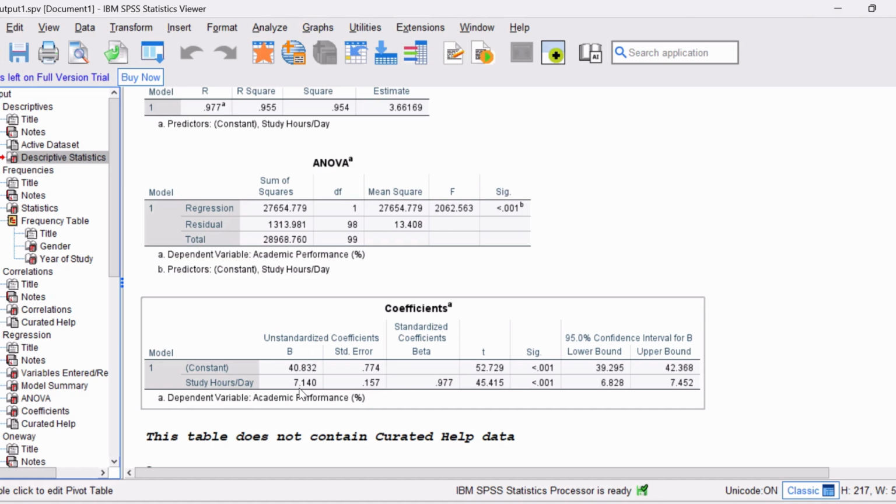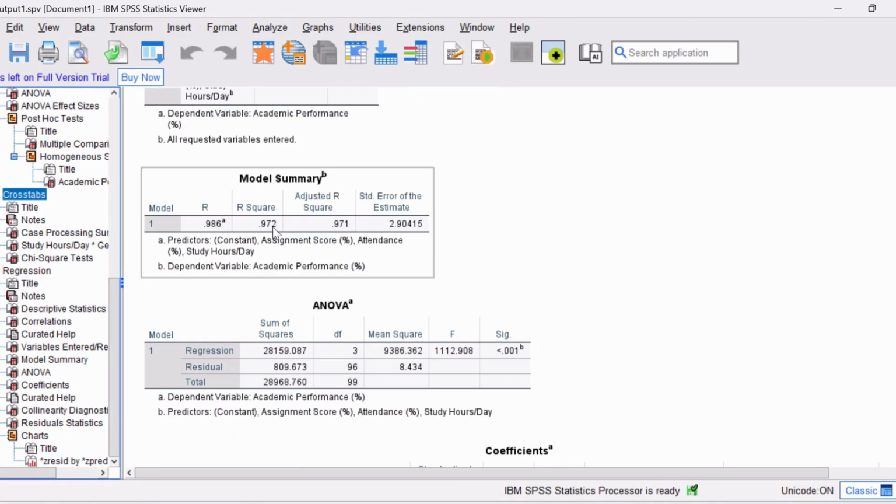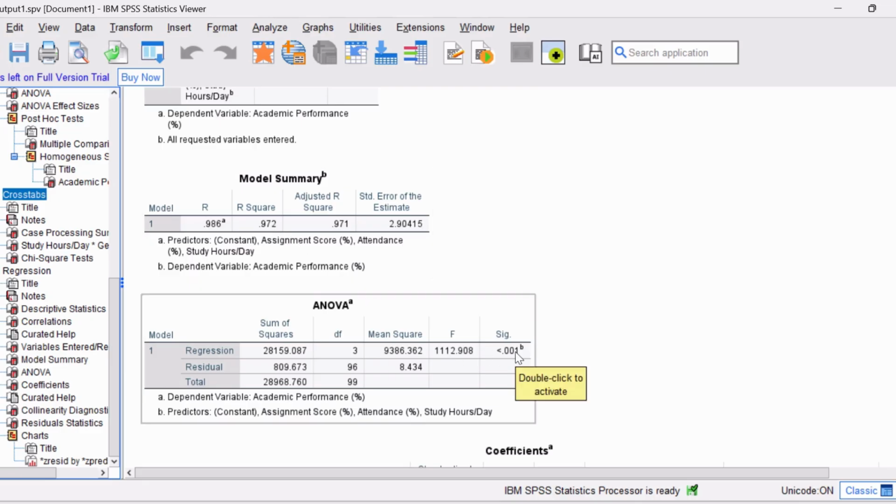However, researchers would normally expect a much lower R-square value, but the important conclusion is that the study hours significantly predict academic performance. The overall model produced an R-square value of 0.972, and this means that the three variables, that is the study hours, attendance, and assignment scores, explained 97.2% of the variation in academic performance. This model was also statistically significant because the p-value was less than